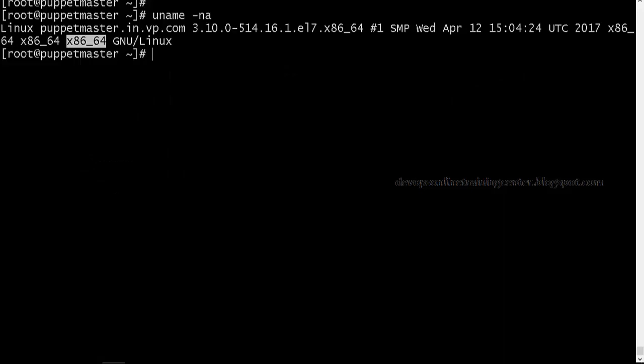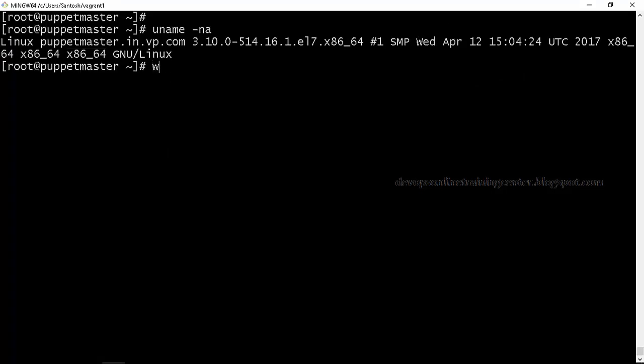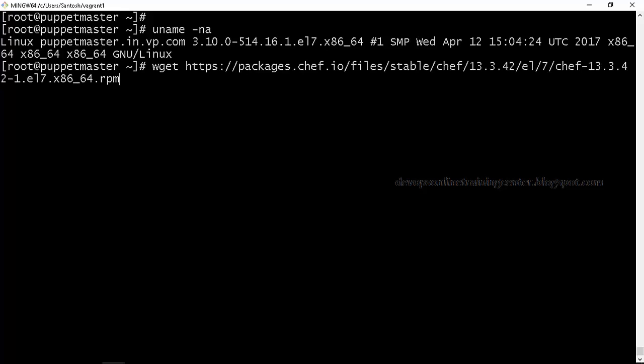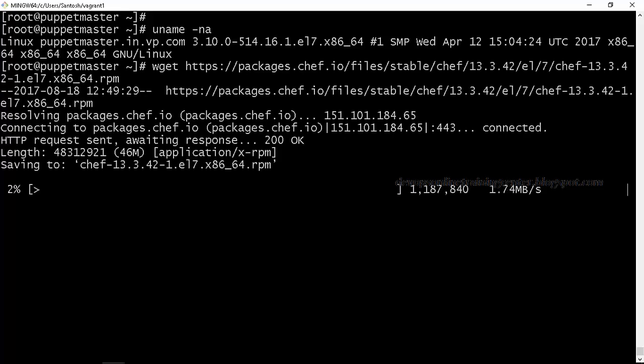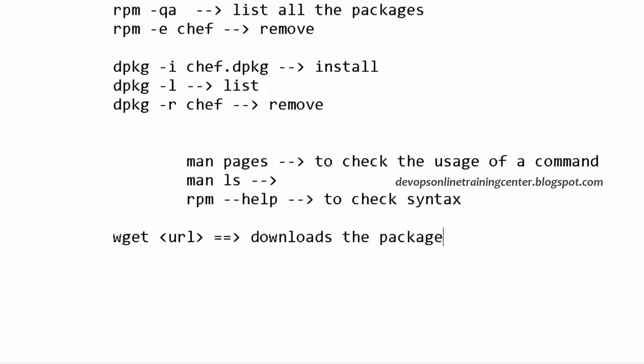Just copy this URL, and there is a command called wget, which downloads the package to the Linux machine.